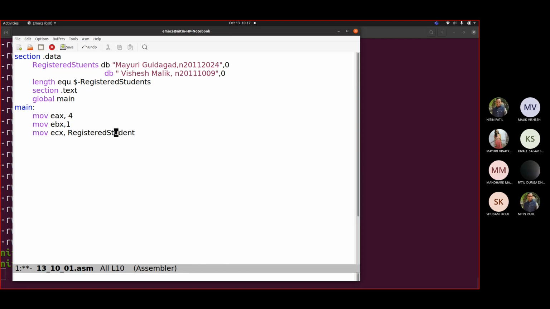Now where zero matters, rather end of line matters, that's what we are really thinking or talking about. edx, length. Okay, and then you simply write 0xa. Fine. Let us start to display this.